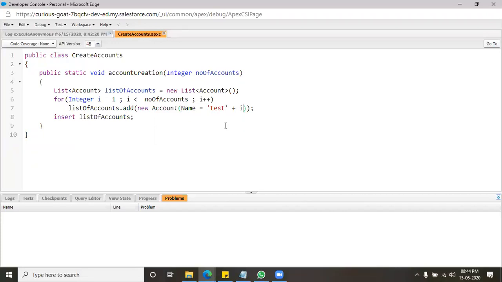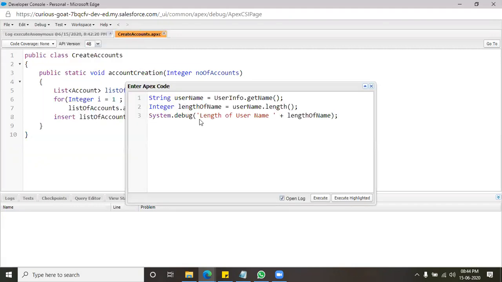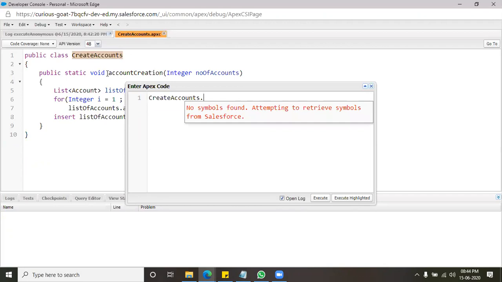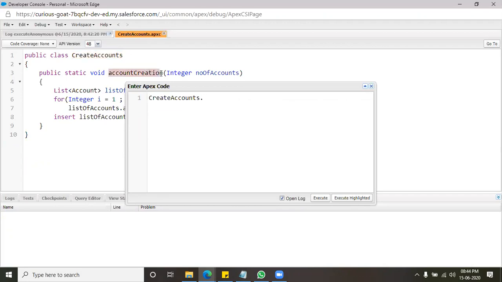Okay, now execute this script. Go to your anonymous window. Give 500.